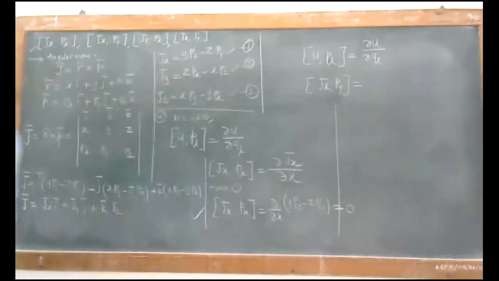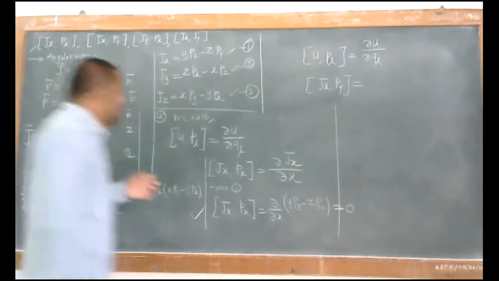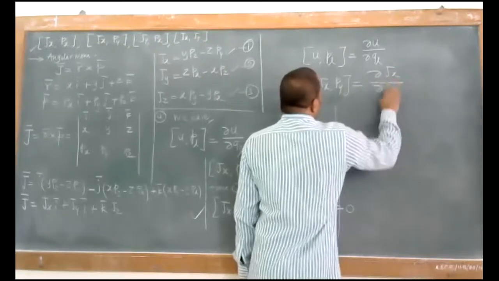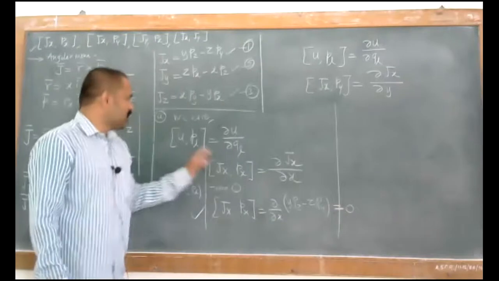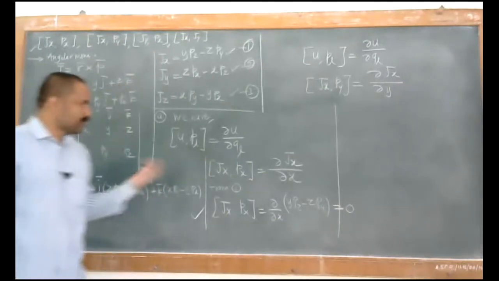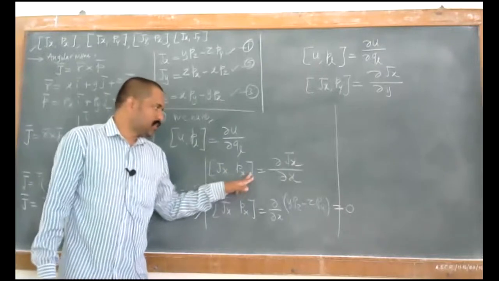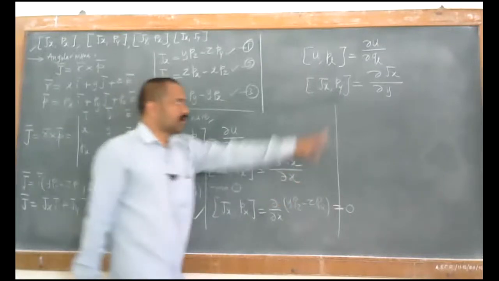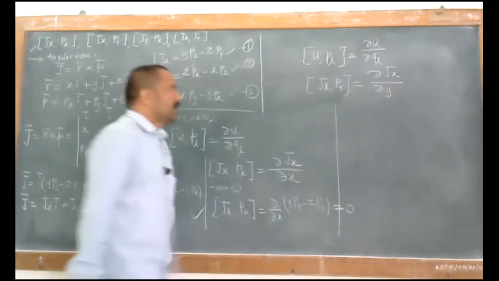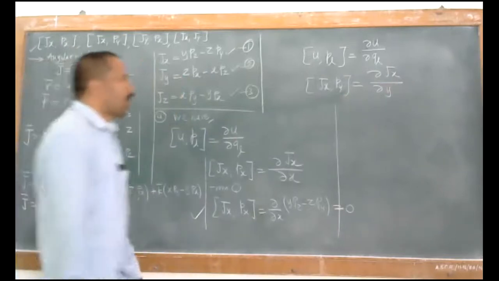Now the condition is jx py, and what is that? It varies with respect to y, so we can write this condition as gamma jx by gamma y. You may ask which symbol is taken here, that is with respect to l. So l is nothing but changes with respect to x, and for these conditions we have x. Now this is changing with y, so we can have that notation, gamma jx by gamma y.